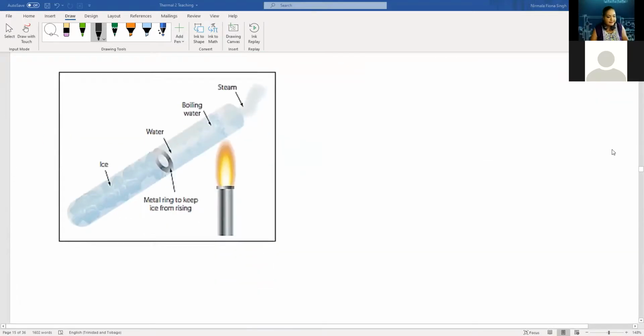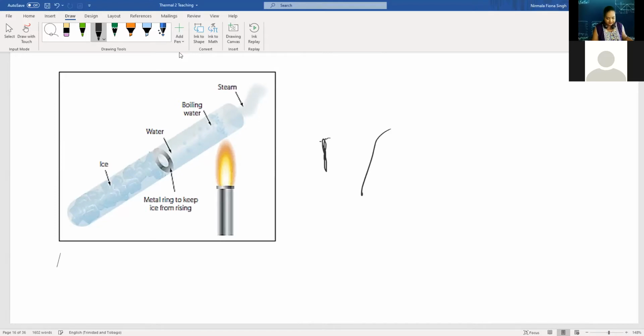We have a next example here. Water, right? Water is a poor conductor of heat. There's a simple experiment. Sorry, we're not in school to show this, but we have gas in school. We can probably do this if we're ever allowed back on the compound. There is a little experiment, if you can take